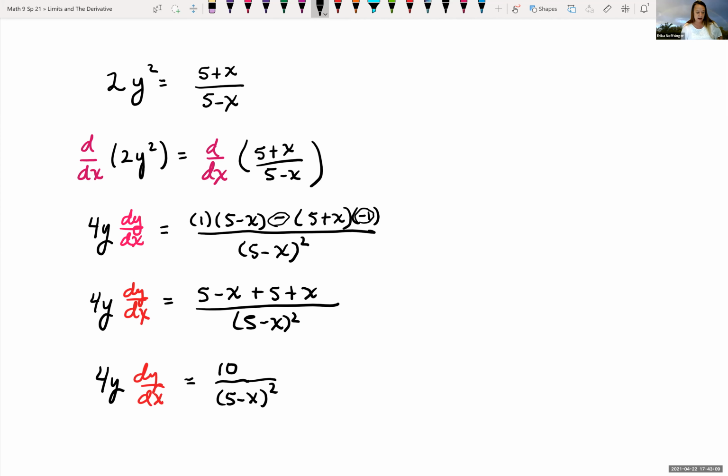So we want to get that dy dx by itself. I notice if I divide by 4y, I'm going to have this complex fraction. So I would probably multiply, which is pretty much the same thing. Let's multiply both sides of the equation by the reciprocal of what we're trying to get rid of. Trying to get rid of that 4y. So let's multiply by 1 over 4y on both sides. So if we do that, we're left with that dy dx